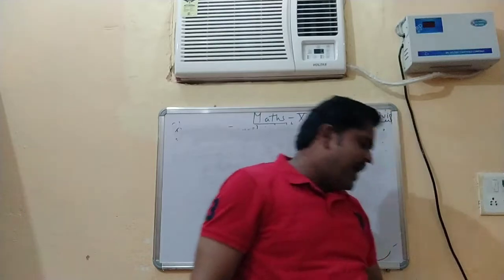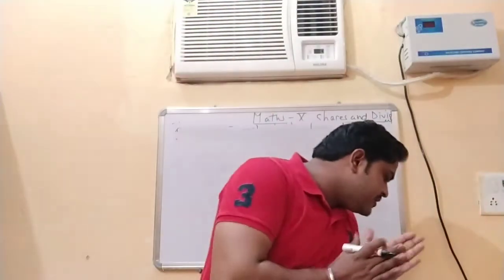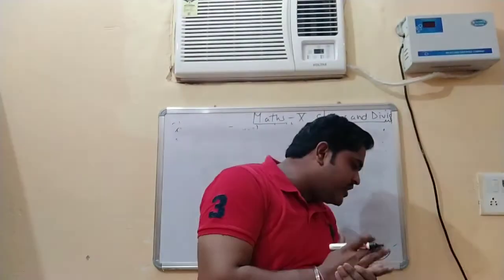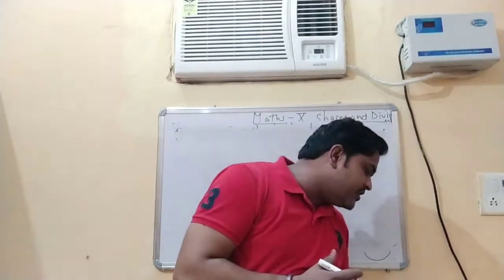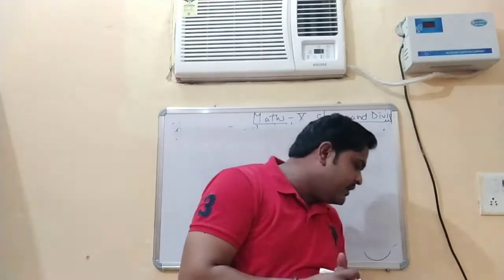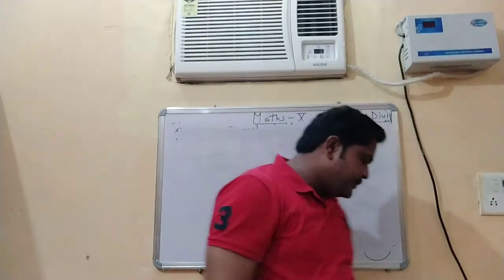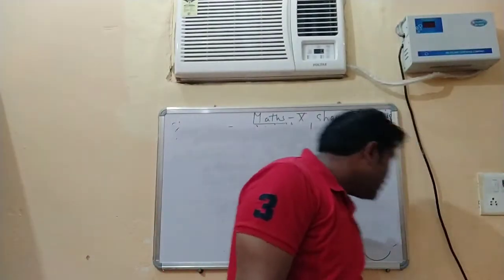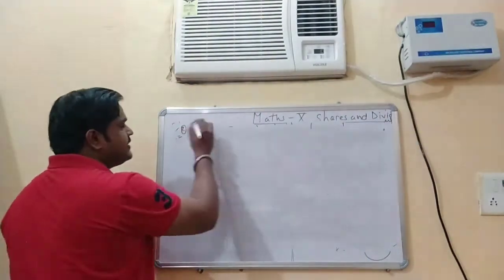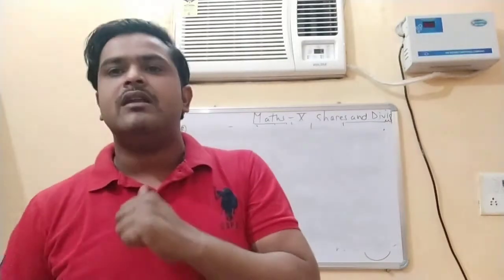A man invests rupees 6750 partially in a share of 6% at rupees 140 and partially in shares of 5% at rupees 125. If the total income is rupees 280, how much has he invested? So student, it is given a man invested rupees 6750. So what we'll do, we'll divide, because the investment is being divided among two parts, that is partially in one part and partially in another part.